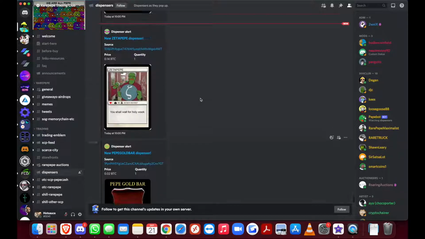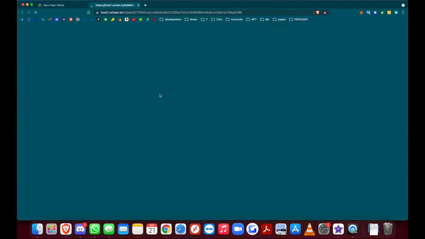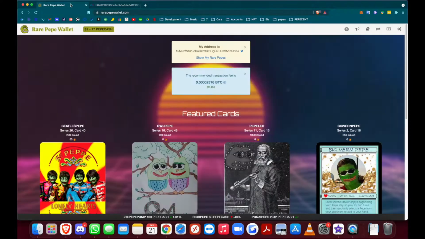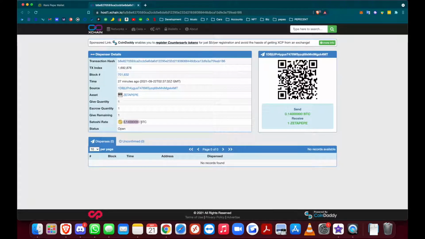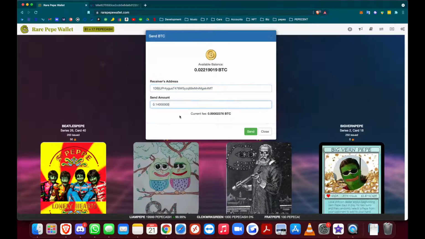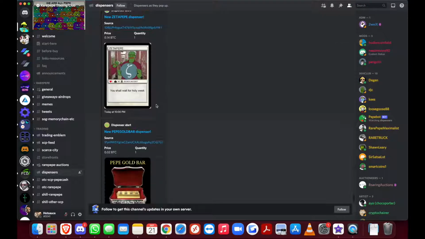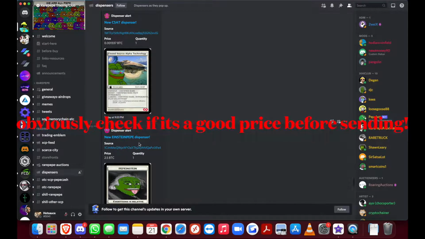Just like you're buying XCP, you can also buy cards directly from dispensers, just the same method. So if I click on, let's say, Zeta Pepe, and I go to the URL, I'll be able to see that there's actually a dispenser for this. So I can send this amount of Bitcoin to this address from my Rare Pepe wallet. So let's say I wanted to buy this card. All I do is I go here and I do the receiver's address and I do this send amount to get that Rare Pepe, which is Zeta Pepe. And you can do that for Pepecash, like I said, or just different cards. So this is also a method that you can use to directly buy your Rare Pepes without having to go